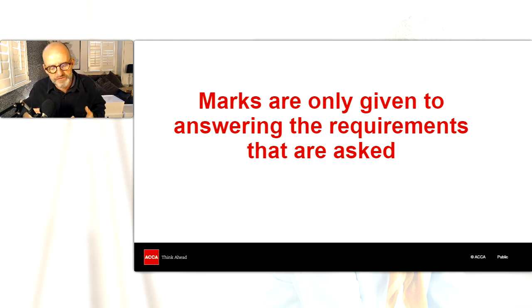So what I say to my students is: I read the requirements once, I read the requirements twice. Sometimes we're a bit nervy in an exam and we secrete a lot of cortisol, which makes us stressed. We can sometimes see things that aren't there. So I've read it once, I've read it twice, and then I do a very brief plan. And then just before I do anything with that plan, I read it a third time. Does the plan and the requirements match? If they do, we can be confident that we are on the right track. So I'm not saying read the whole of the scenario, just the requirements.